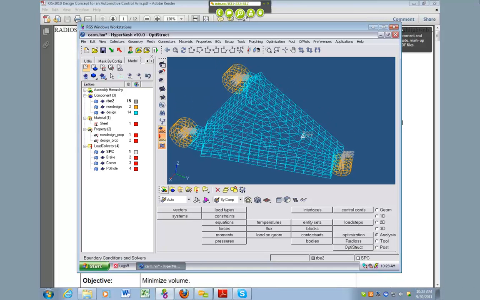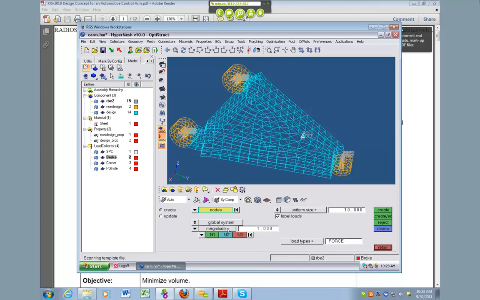So now we're going to create loads. We're going to make forces. So back in analysis, or sorry, over here, we want to make the brake current. So we say make current. So now when we make a force, it will place it in the brake load collector. And we go to analysis, and we go to loads, or forces. Yeah, forces right here. And so we want to create a force, and at which node we're going to select